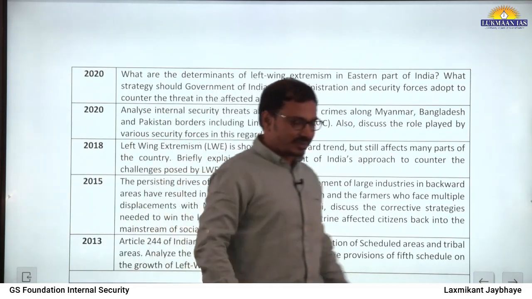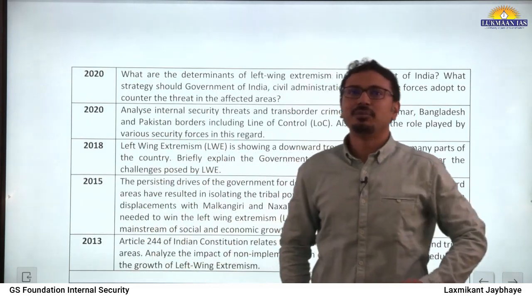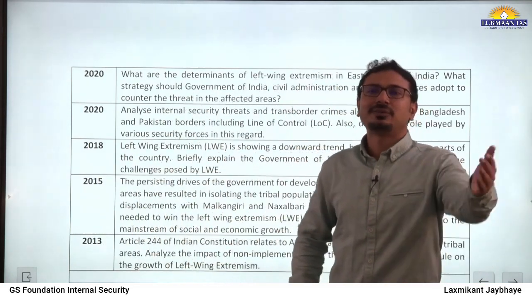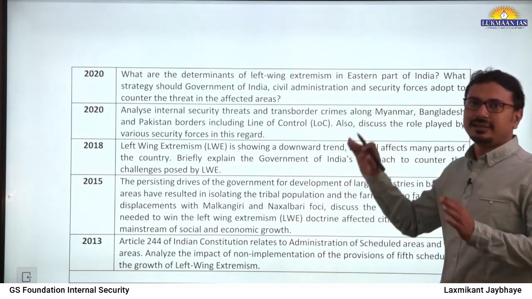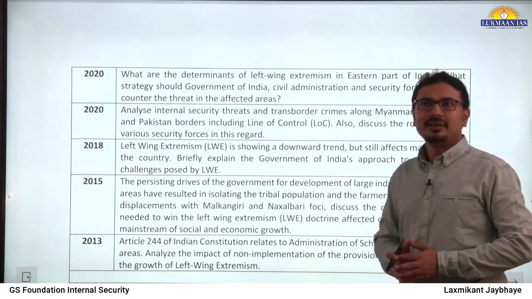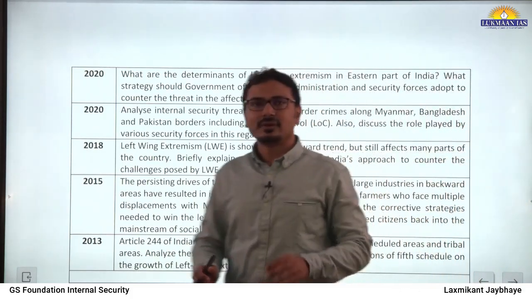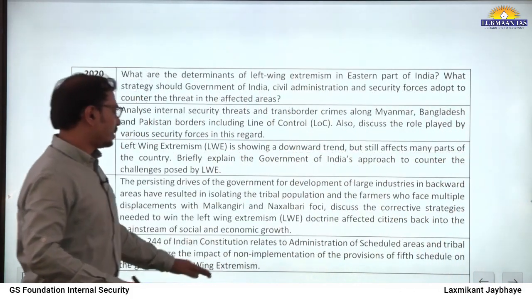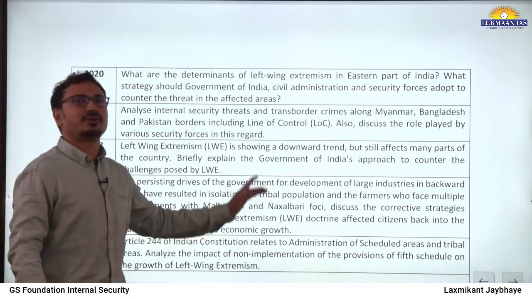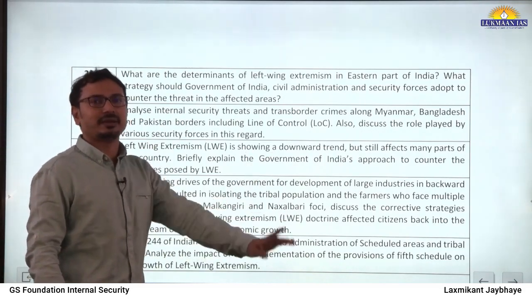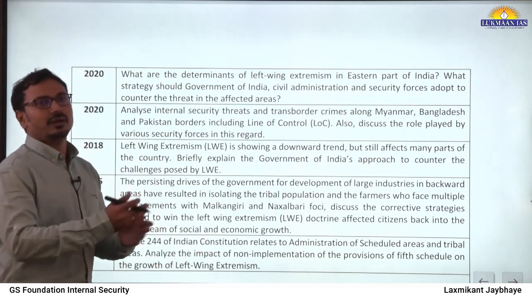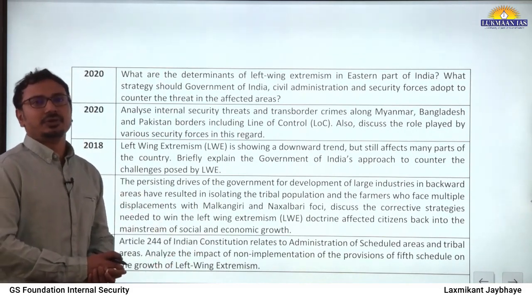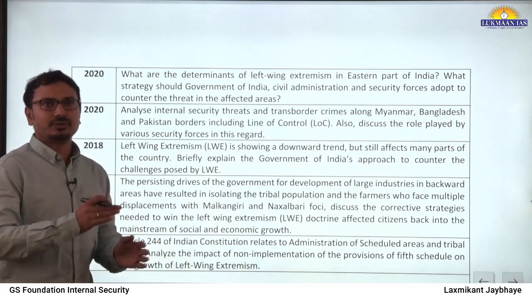Last year in the foundation batch, we completed this module, and immediately after that there was the mains examination. We had covered these topics thoroughly, and there was a direct question including this one, then border management. All questions from internal security were covered in that module itself. So we will also try to cover as much as possible the new aspects in this module, so that